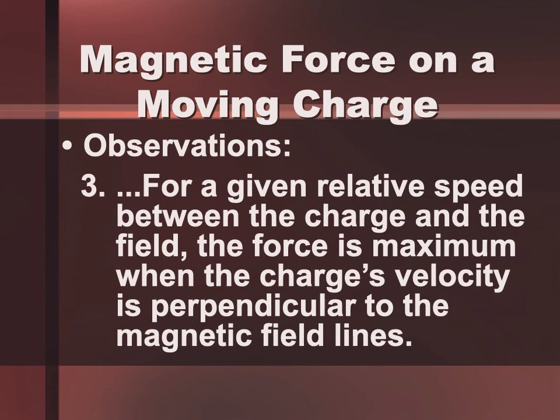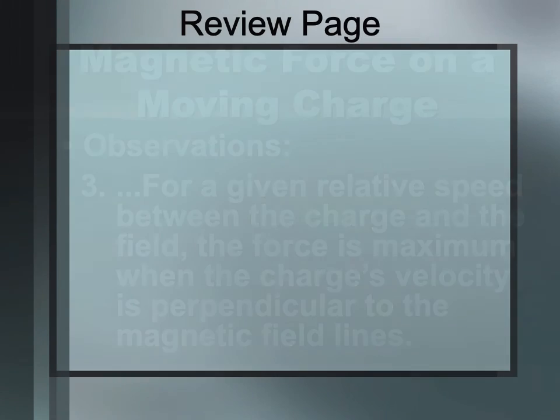For a given relative speed between the charge and the field, okay, so for a given speed, the force is maximum when the charge's velocity is perpendicular to the magnetic field lines. Okay, because it makes sense. If it's perpendicular, all of the force is going to be exerted on it. If it's parallel, there's no force. Perpendicular is going to be maximum force. Okay, so